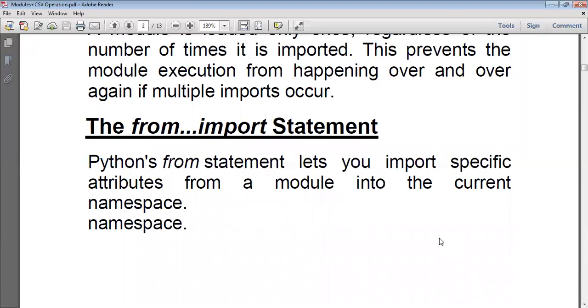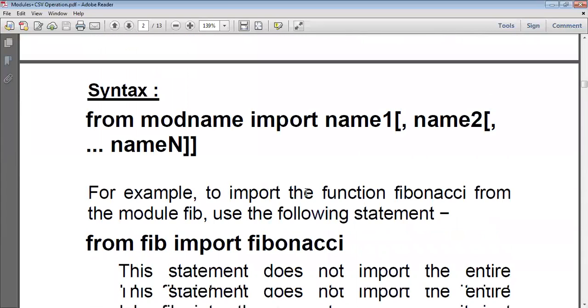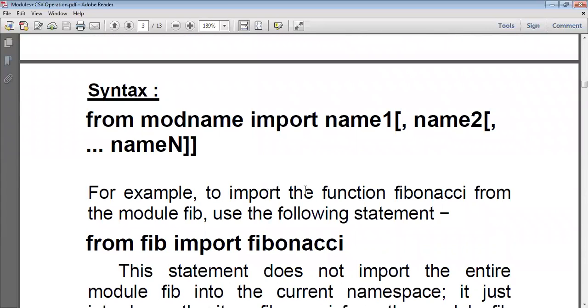The next one is a variation of the import statement: from and then import. What is the difference between from import and import? In the import statement you load the entire module.